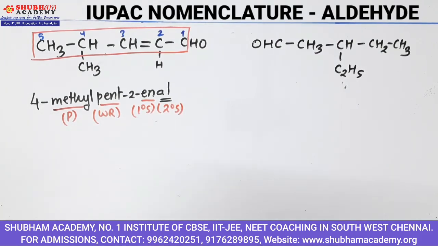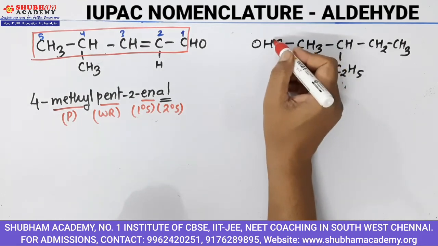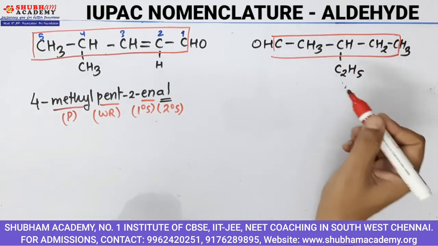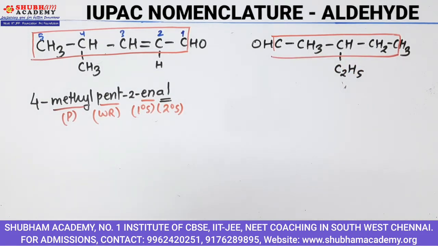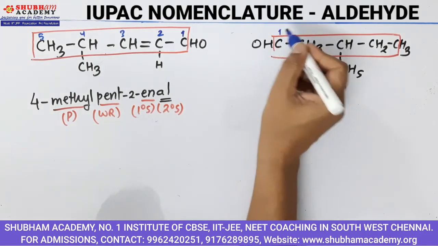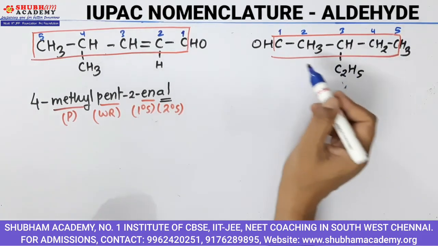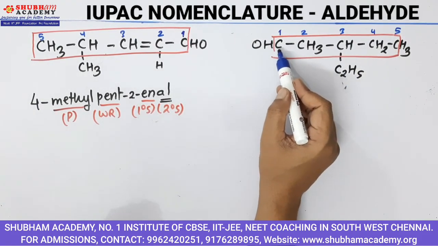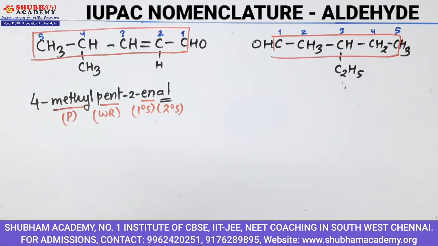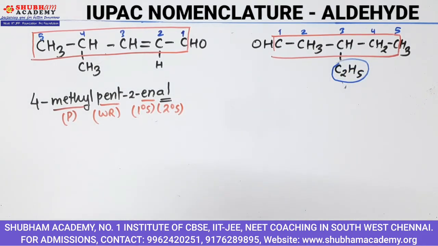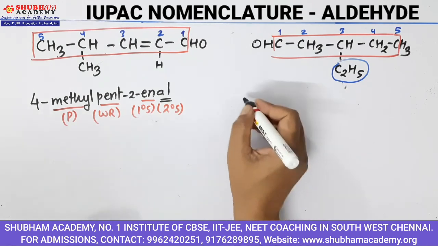Okay. Now see the next one. This is your parent chain. You have to number the chain. Again, numbering from the side from where CHO is nearer. So 1, 2, 3, 4, 5. One more thing you keep in mind, that you have to include the carbon which is coming in the functional group in the parent chain, right? So now at 3rd carbon atom you have one alkyl group which is ethyl, C2H5. So the name becomes